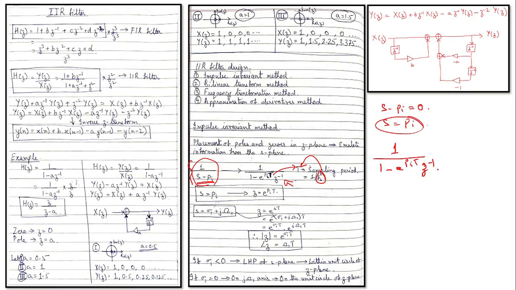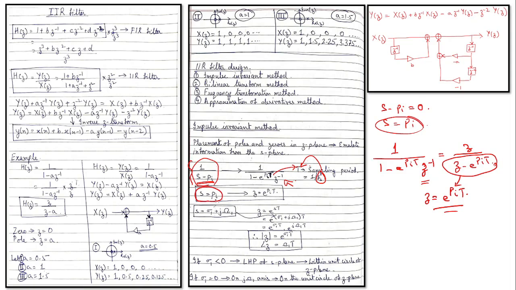Okay. Now we have discussed that while trying to find out the poles and the zeros of a particular transfer function, we need to have the Z in terms of Z to the power positive integer. So in that case, we can transform this equation to Z by Z minus e to the power Pi t. Okay. Now if you equate this to 0, you get Z equals to e to the power Pi t. Okay. And that is what has been written over here.